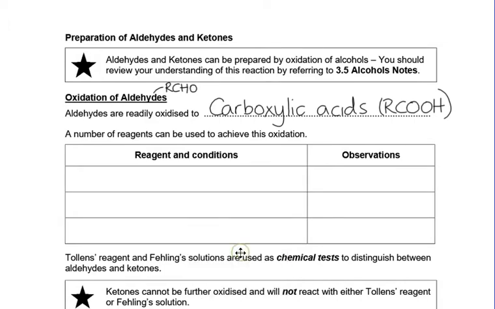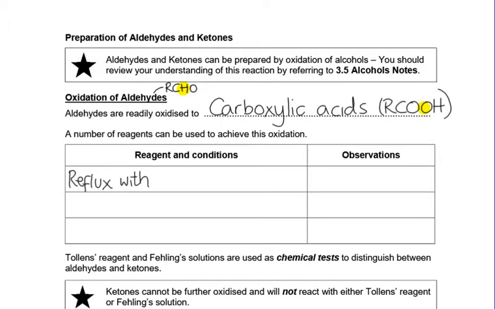We're going to be losing this carbon-hydrogen bond here, the bond to this hydrogen, in order to gain a bond to an oxygen. So we're going to increase the number of carbon-oxygen bonds while decreasing the number of carbon-hydrogen bonds. There are a number of different ways that you can achieve this oxidation, a number of different oxidizing agents available to us. So the first thing that we could do is reflux our aldehyde with acidified potassium